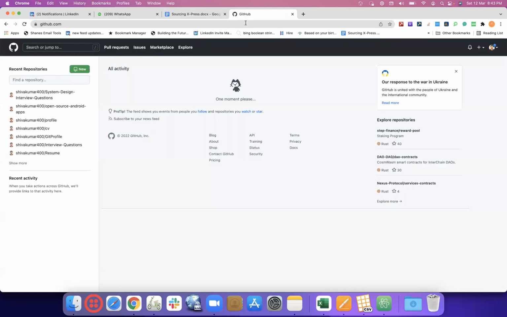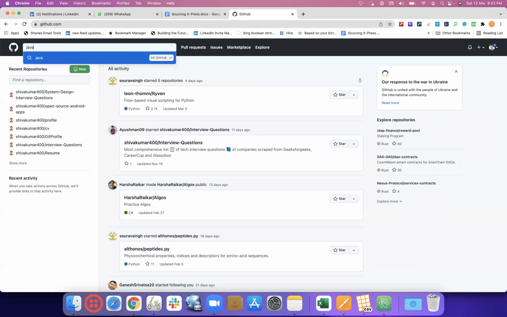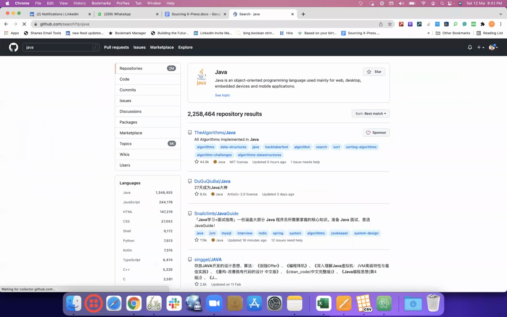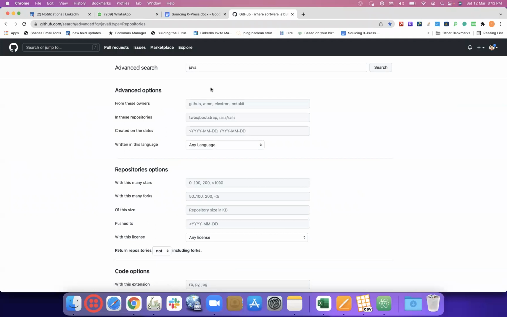As I mentioned, we have covered GitHub a number of times, for the last month, but just in case you have any doubts, feel free to ask. Otherwise, let's give a simple search: just Java. Then from here we go to advanced search.